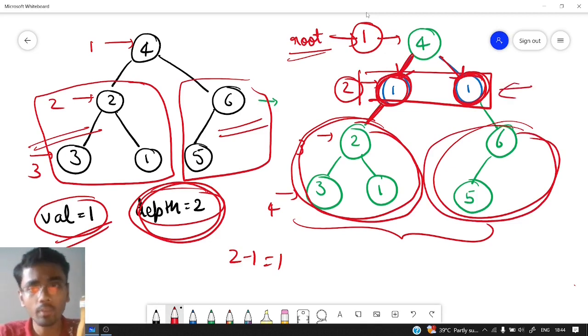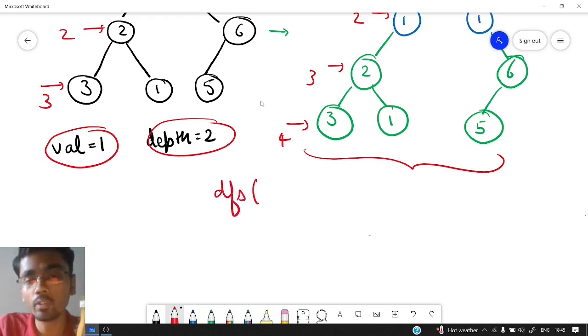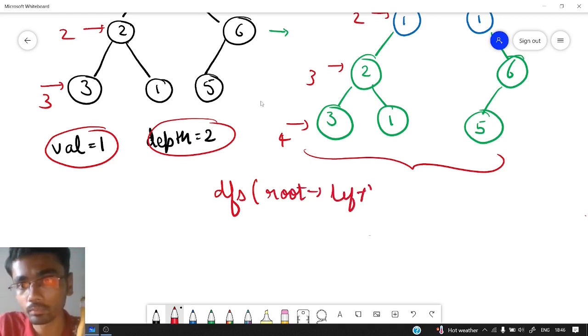So this was about the explanation, but how will we actually do it? Let us understand. First, we need to continue iterating or moving until we reach the position which is equal to depth minus 1. So we will use a simple DFS which will iterate through our entire binary tree. We keep on moving to the left child as well as the right child until we reach depth equal to depth minus 1. So we keep on going to the left as well as to the right.